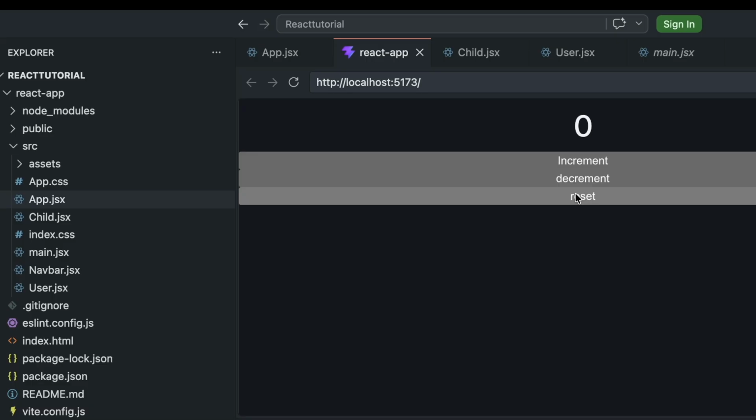Now you might ask, why do we use state instead of a normal variable? The answer is simple. A normal JavaScript variable does not update the UI automatically, but a state variable triggers re-rendering in React.